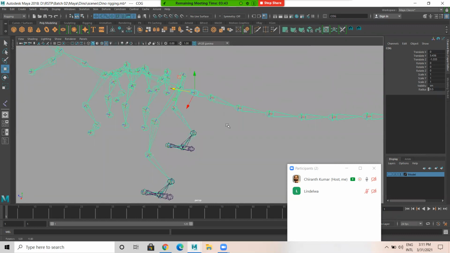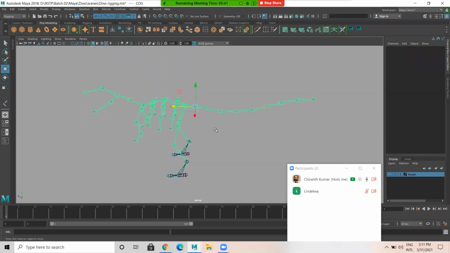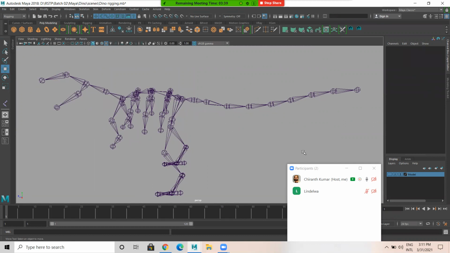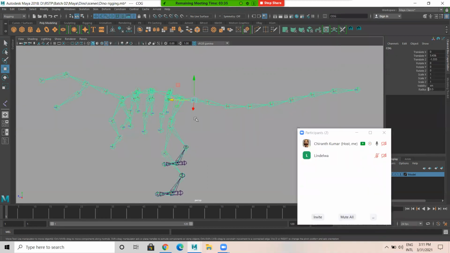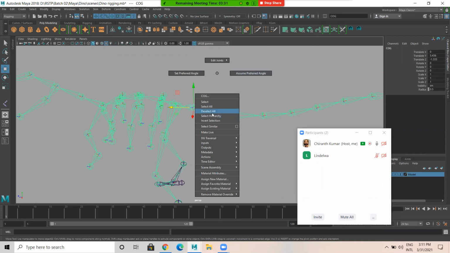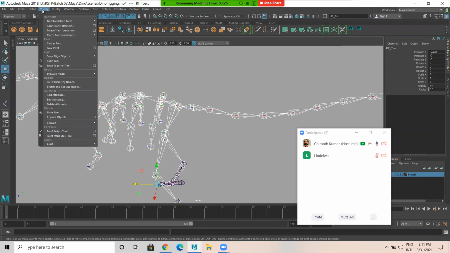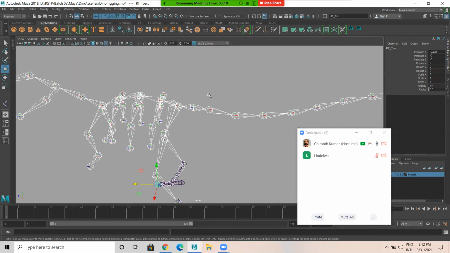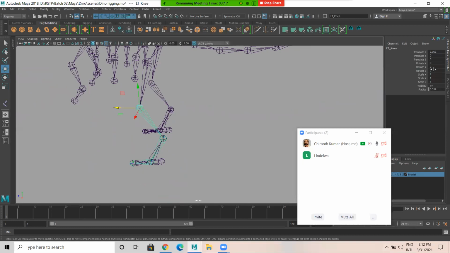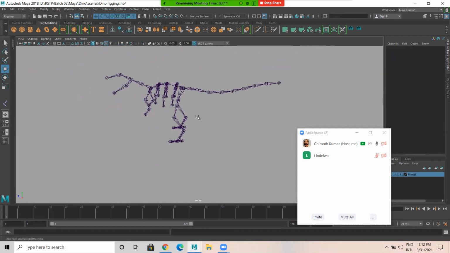Once the entire thing is done, once the joint setup is done, there is a very important step. Next step is select this cog joint, right click, go to hierarchy, select hierarchy, select the cog, right click, go to hierarchy, then Modify, Freeze Transformation. This part is very, very important. Why? Because we have changed the rotation and all here. Rotation values will be set to default 0. We have to do this. This step is very important.